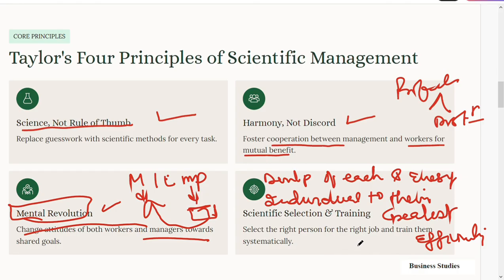So as a manager, what we can do is select the right person for the right job and train them. There might be some people who can go to the next level, and we can get a manager at low cost. There might be some people who are not motivated but have the potential to perform better, so we can train them and they can be motivated by training. And the third group are people who are only wasting their time, so we can give a corrective action plan so that they can improve their performance. This is how we have to develop each and every individual to their greatest efficiency.